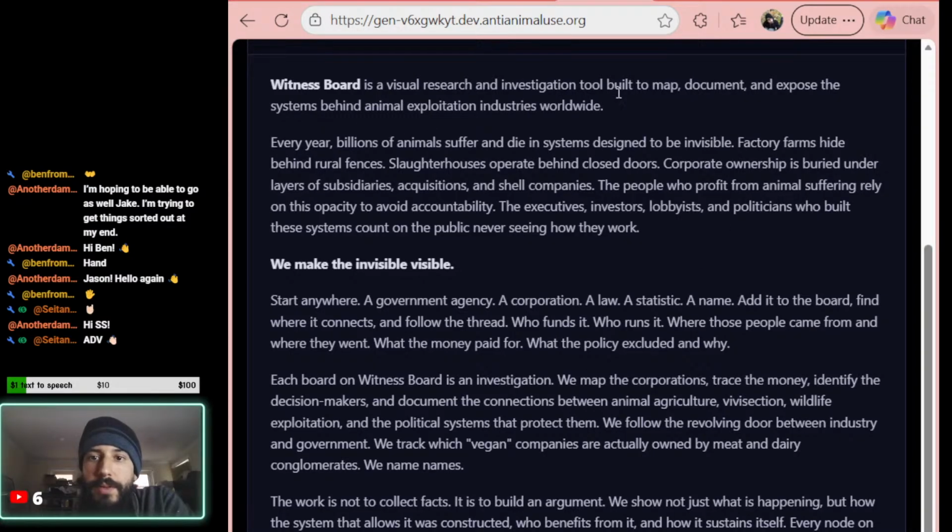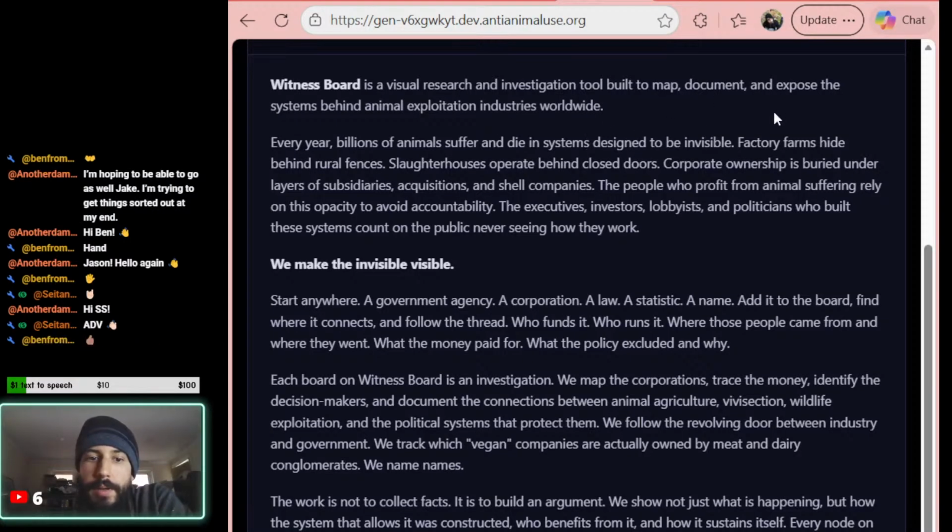So the witness board is a visual research and investigation tool built to map, document, and expose the systems behind animal exploitation industries worldwide. Hopefully, in the future, I can roll this out so other people can use it.